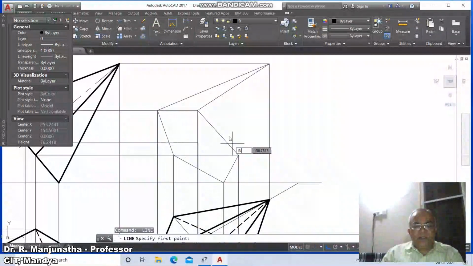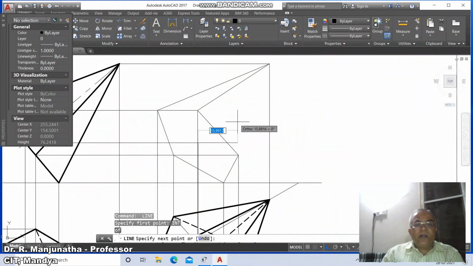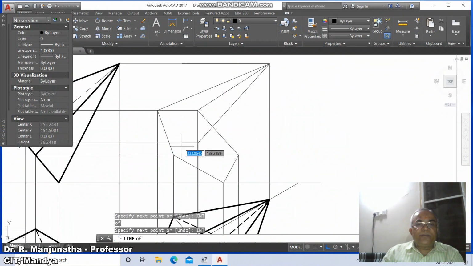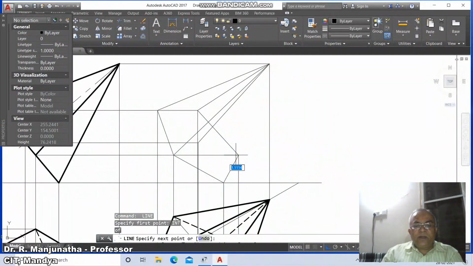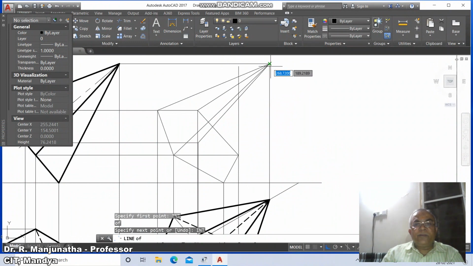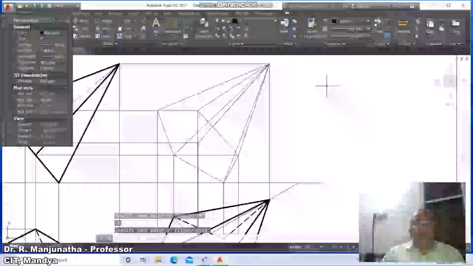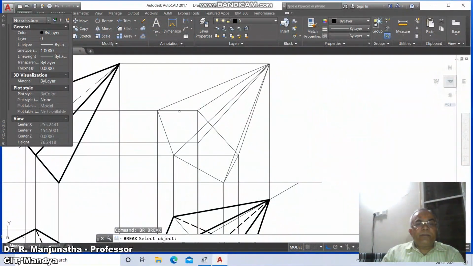Similarly, line, intersection of this and take INT of this and take the intersection point of this. Similarly, line, INT of this and take the intersection point of this and take INT of this. And now see here, go to break this line, first point INT of this, and say at the rate.